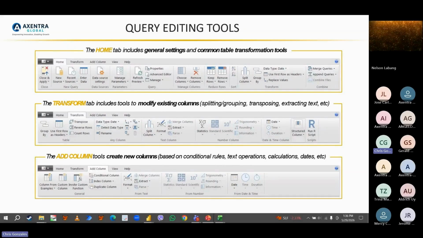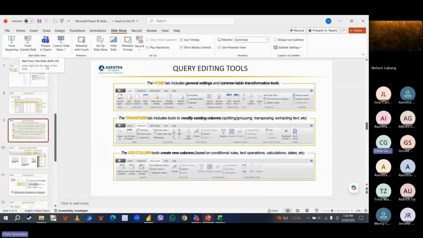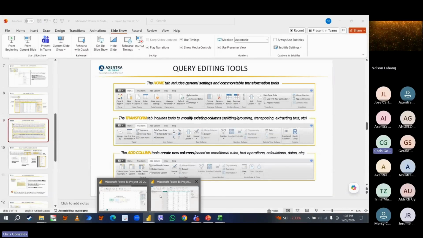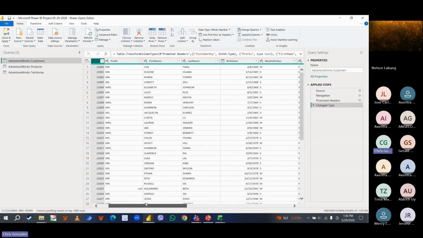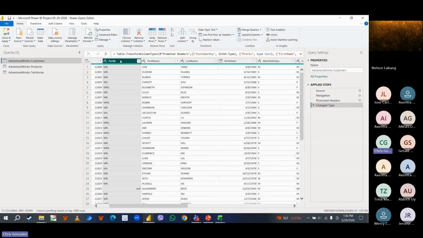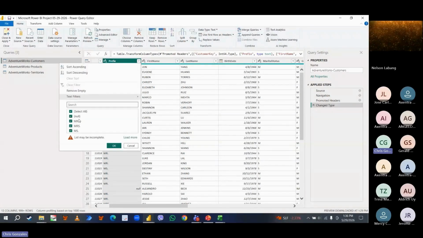Let me give you an example. Let's say I've imported this database, and I would like to apply a few changes. Let me begin with the names. I'm checking the prefix, the first name, and the last name. Not all customers include Mr. or Mrs. There are some blank items over here.